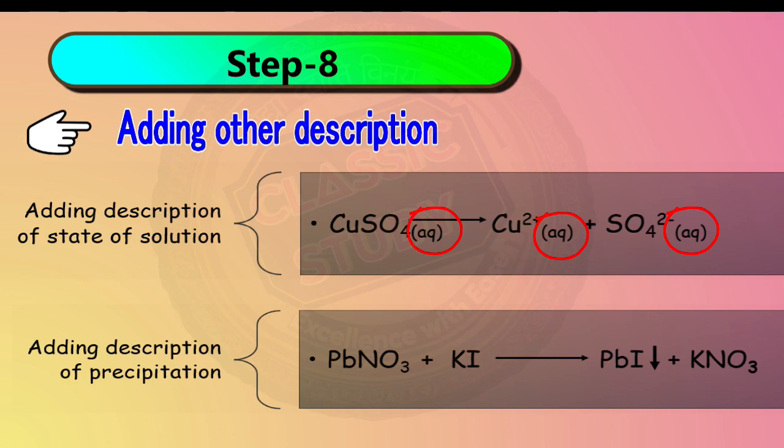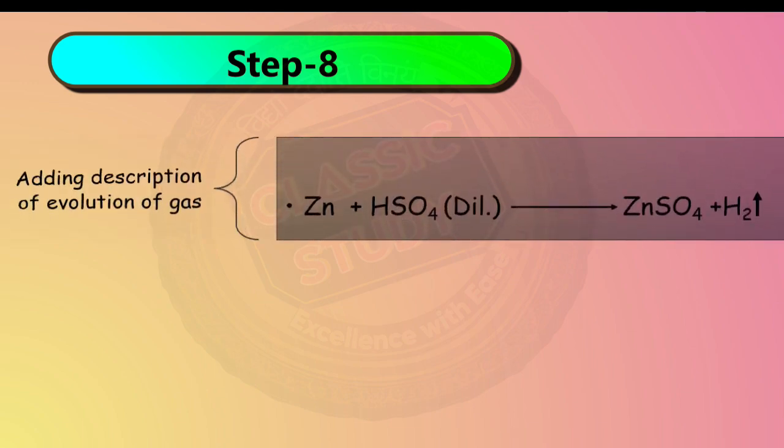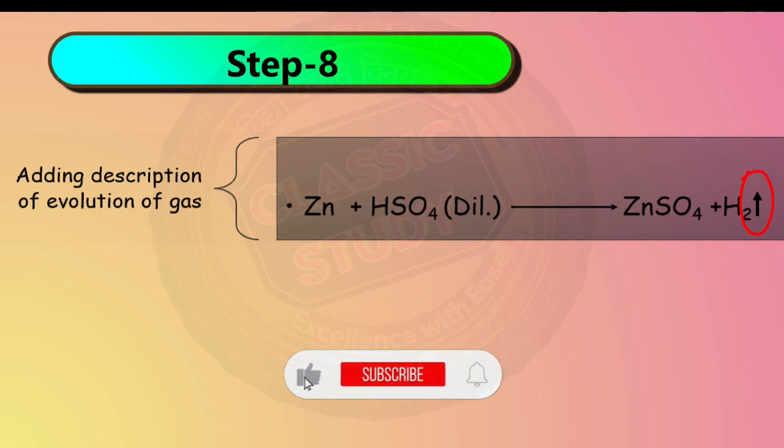So we can mention that in the reaction with a downward pointing arrow, which makes sense as there is a precipitate formation of this particular compound. Further, we can add the detail of evolution of gas by putting an upward pointing arrow. In the reaction we have previously seen, Zn plus H2SO4 gives ZnSO4 plus H2. We have put an up arrow sign with hydrogen, which indicates that this is a gas which has been released during